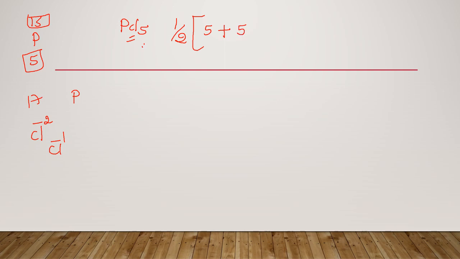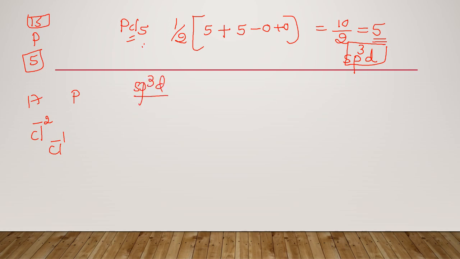Is there any positive charge? No. So 0. Is there any anionic charge? No, 0. Therefore 10 divided by 2 is equal to 5. So for the type of hybridization equal to 5, what may be the orbitals involved in the hybridization? Yes, p3. Now it becomes total 4. After the p orbitals, even d orbitals are also involved in the hybridization. So the type of hybridization in the PCl5 molecule is sp3d. Therefore, there are 5 hybrid orbitals.